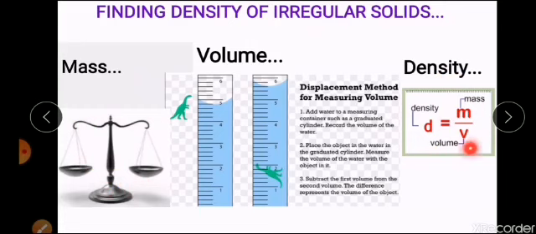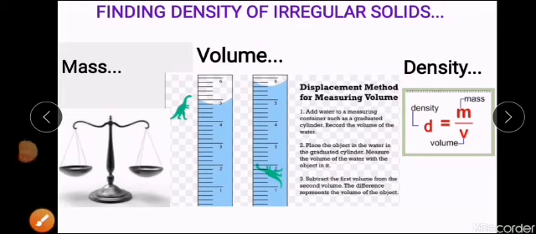Now the problem is with volume. If the objects are having irregular shape, in the last video, in the last class, we have already seen how to find out the volume of irregular objects by displacement method, right? So with using this displacement method, you are going to calculate the volume of the objects, and then you are having mass, volume. Now very easily you can calculate density with the equation. And those who are having any doubt with displacement method, you can go back to the first video. It is explained in that video very well. You can recollect from that, right?